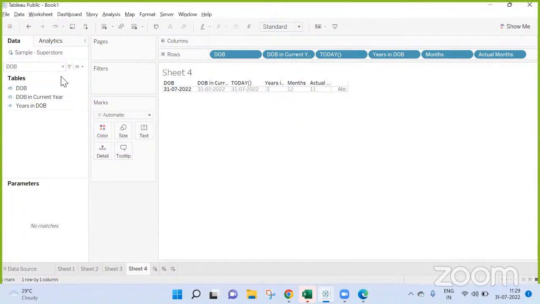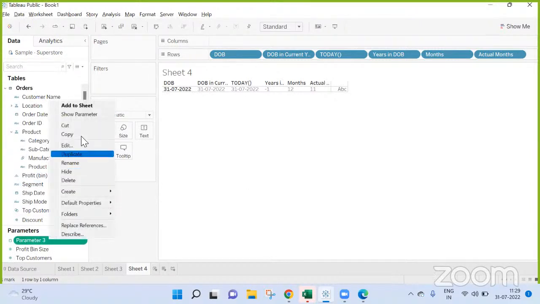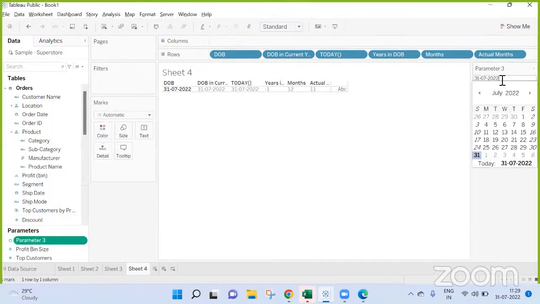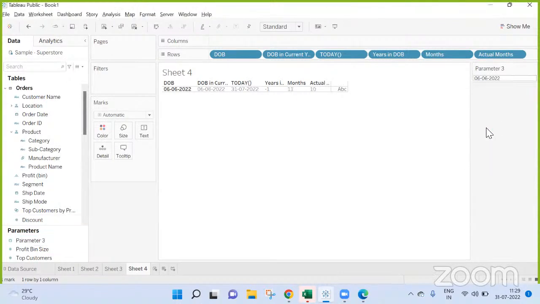Now we are getting actual months as 10 from 7th till 6th. Actually you think it is 11, but here the problem is this day is greater than that of this day, so the month is not yet complete. That is why this is working for the previous year as well.